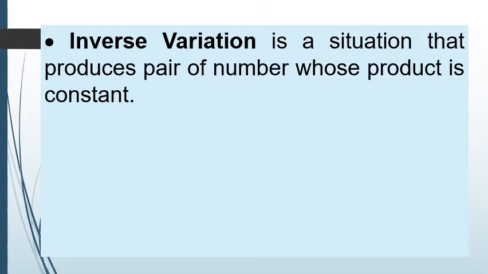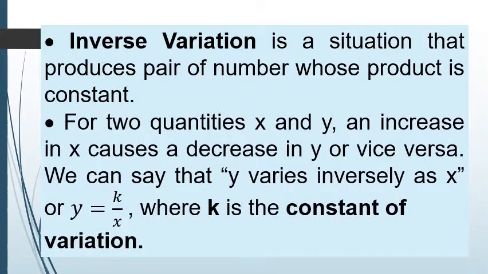Inverse variation is a situation that produces pair of numbers whose product is constant. For two quantities, x and y, an increase in x causes a decrease in y or vice versa. We can say that y varies inversely as x, or y equals k over x, where k is the constant of variation. Okay? So, ang inverse variation, kung ang isang